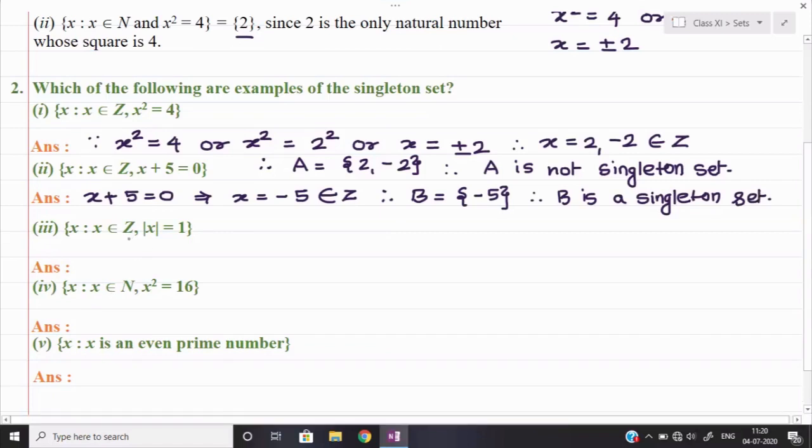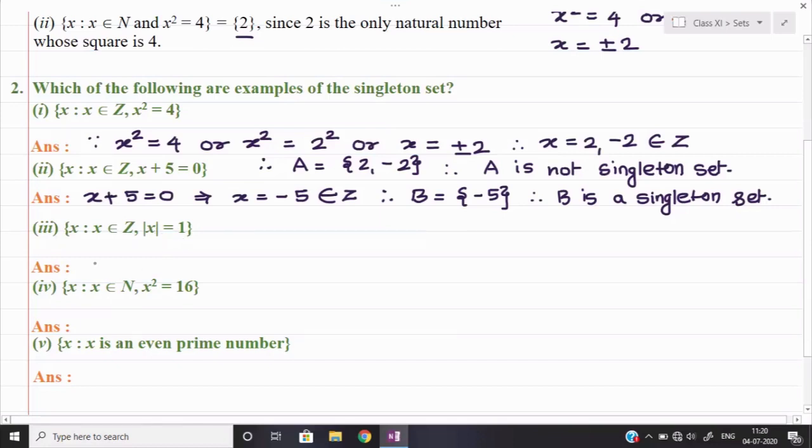Similarly, let us see the third example, third question. x belongs to the set of integers and mod of x is equal to 1. Mod I have explained to you earlier. Mod means it makes the value negative to positive. If it is already positive, it keeps it positive only. Okay, so tell me which values of x can give you the value of their mod